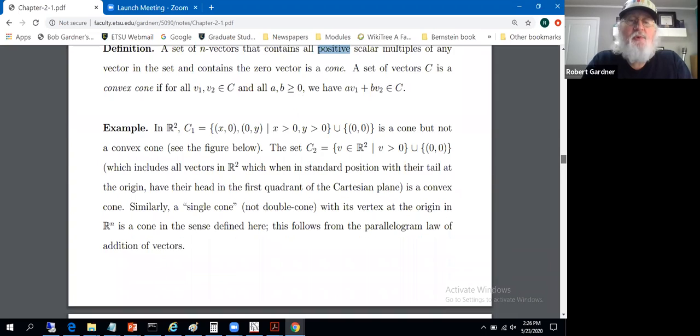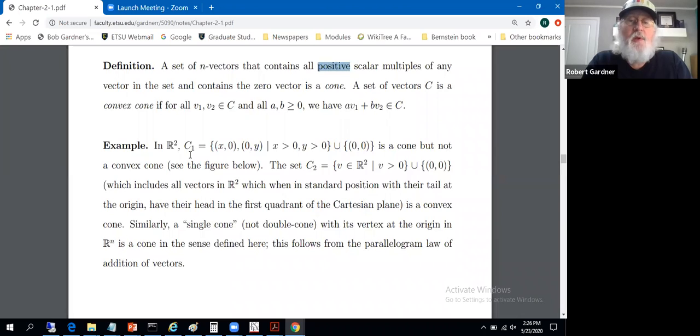Some examples, and we'll look at a picture. In R2, take C1, this will be a cone, to be all vectors of the form (x, 0) or (0, y), where x and y are each greater than or equal to 0, union with the zero vector. It had to contain the zero vector, and it does. This is a cone. What we've got here, we'll look at a picture, is all vectors lying along the x-axis,